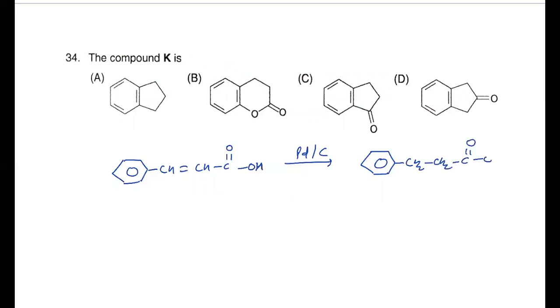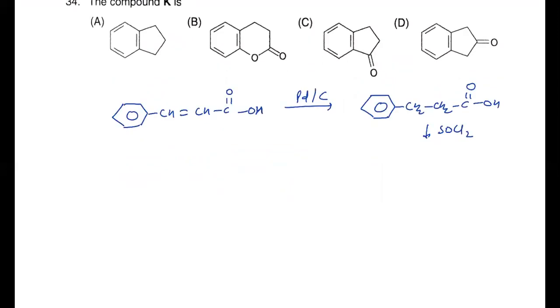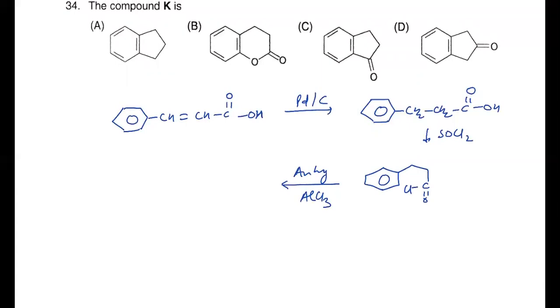CH2CH2COOH will form. After that, reaction with SOCl2 converts the COOH group into COCl. So this will look like C6H5, these two carbons, and this COCl. And after this, you reacted it with anhydrous AlCl3. So anhydrous AlCl3 will lead to Friedel-Crafts acylation. So the type of reaction will be Friedel-Crafts acylation, and this will give you the final product as option C, I think. Draw it and then you will know. So this is the benzene ring and this 5-membered ring gets connected, here a C=O group will come. So with the given options, your answer is C.